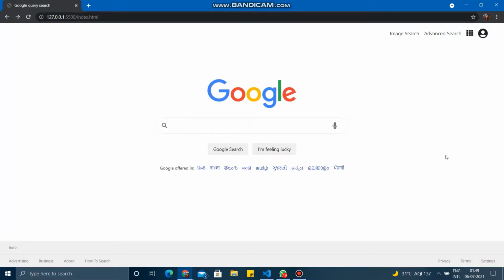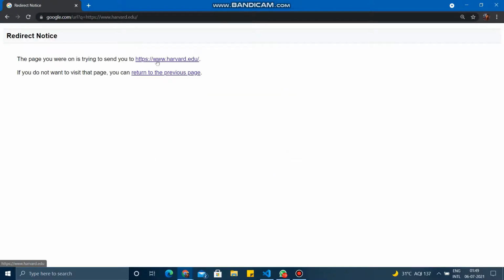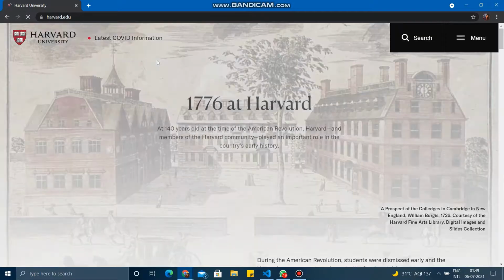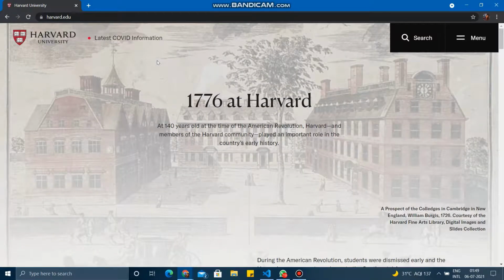Sixth, we'll talk about the I'm Feeling Lucky button on Google's main search page. Consistent with Google's own behavior, clicking on this button should take the user directly to the first Google search result for the query, bypassing the normal result page. So as we enter the query and click on the I'm Feeling Lucky button, the user will be directly taken to Google's first search result, bypassing the normal page, which in this case is the Harvard website.